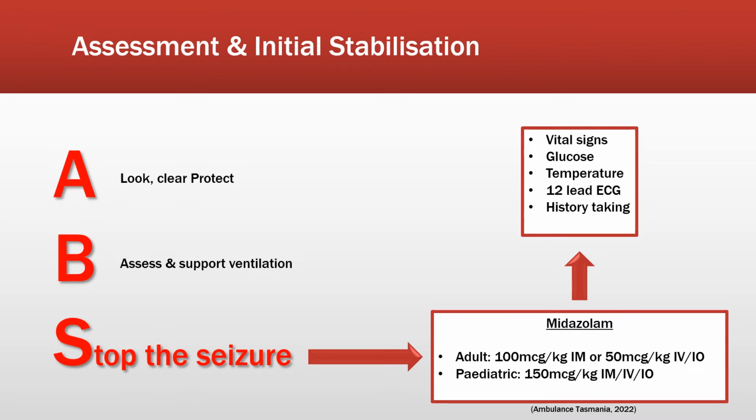You certainly wouldn't muck around trying to get a 12 lead or even really a BP on an actively seizing patient, because your focus after the As and Bs should be on not delaying administration of your benzo. Once that's on board, then you can work through the rest of your vital signs survey, some history taking, with a focus on trying to identify causes and abnormalities you can easily correct, such as low sugars and things like that.